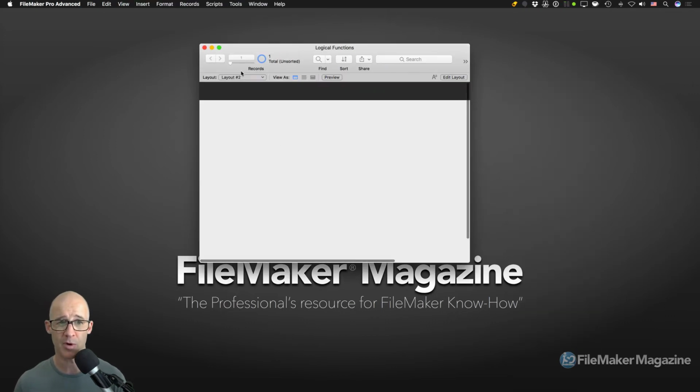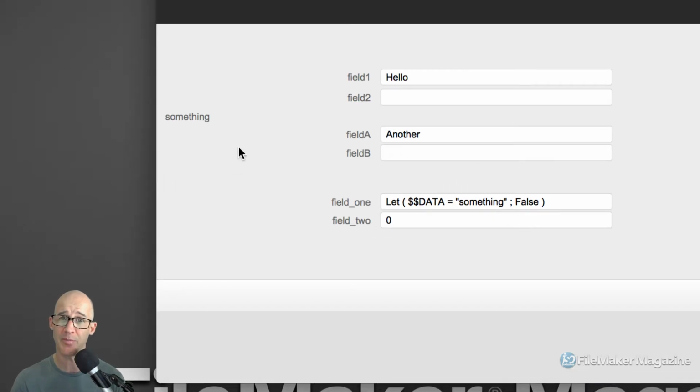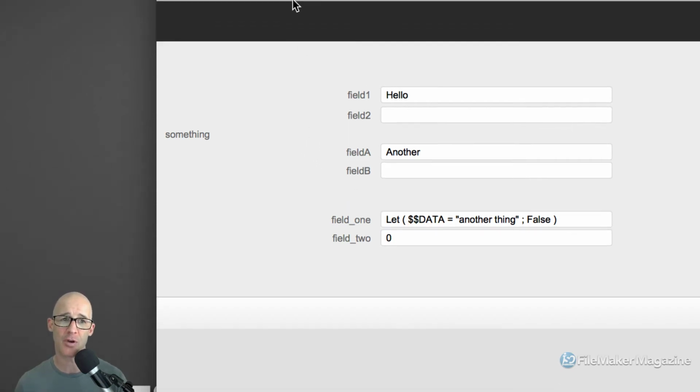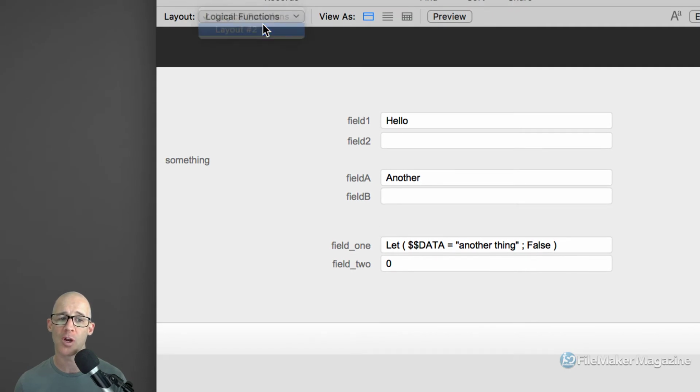We'll go back into browse mode, and we will go back to logical functions. And there we get our result. So something has now been updated. We can see it's on the layout. Here's the nuance. FileMaker does not refresh its screen immediately when a change has been made. So you can see that I can change this to another thing, and FileMaker didn't immediately refresh the screen. I actually have to go to another layout or cause FileMaker to refresh the screen in order to get it